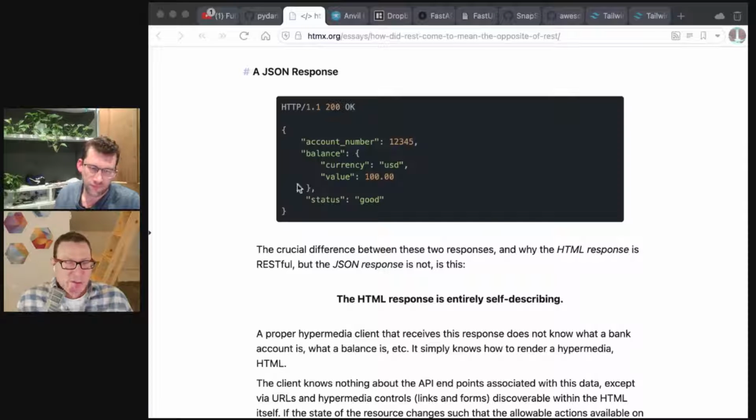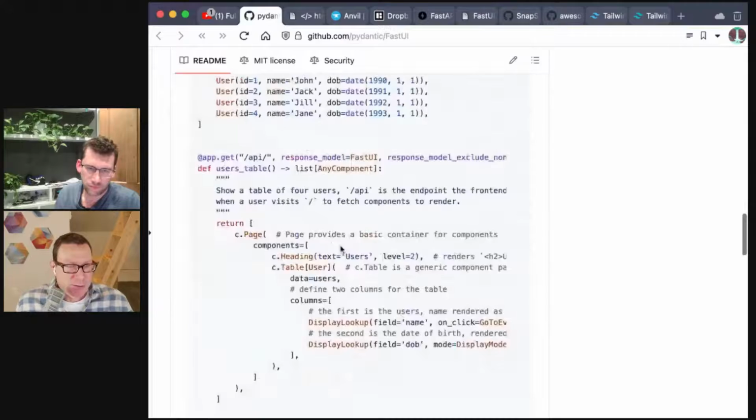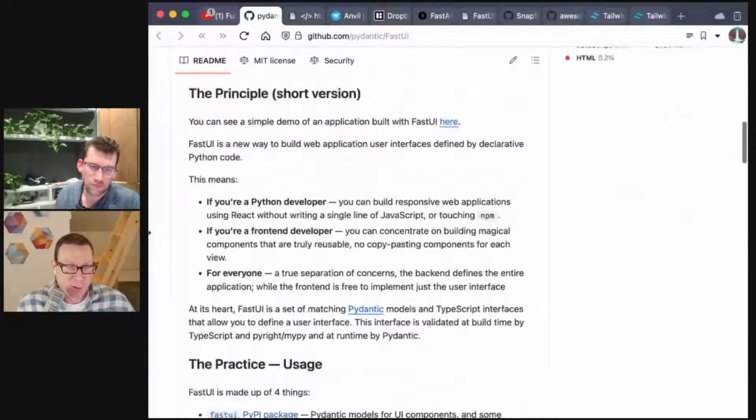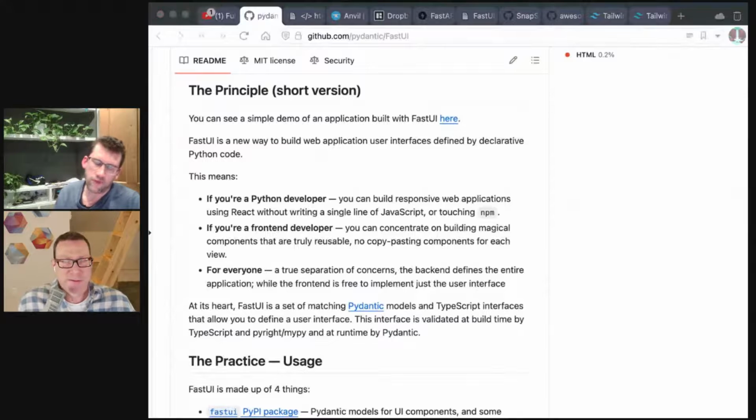And in your description, you also have that Pydantic is involved. What is the role that Pydantic plays? Right. The idea with this RESTful UI is that we have a shared definition of some components, and we basically promise that the backend is going to send data that matches the types defined in the front end. That's all very well, but if you're not careful, you end up not sending quite the right data. So what's nice is that all of the components that you can return from FastUI are themselves Pydantic models.